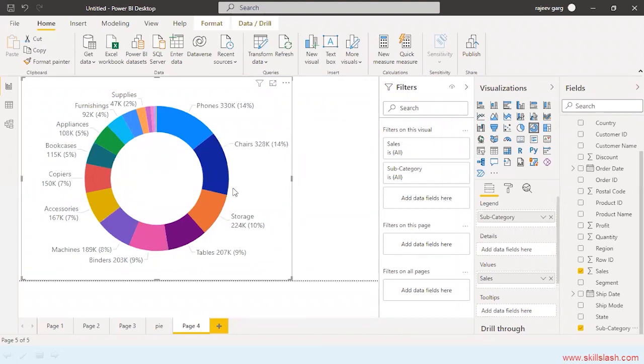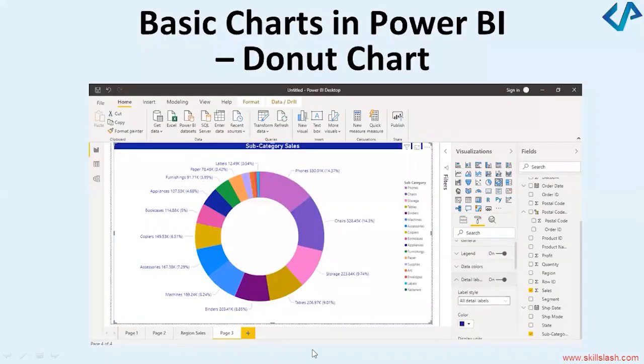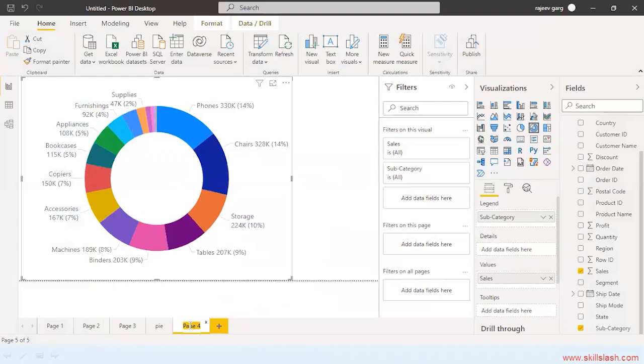You can see phones and chairs are giving the maximum contribution, which is 14%, 14%. Okay. So this is a donut chart over here. Let's proceed further.